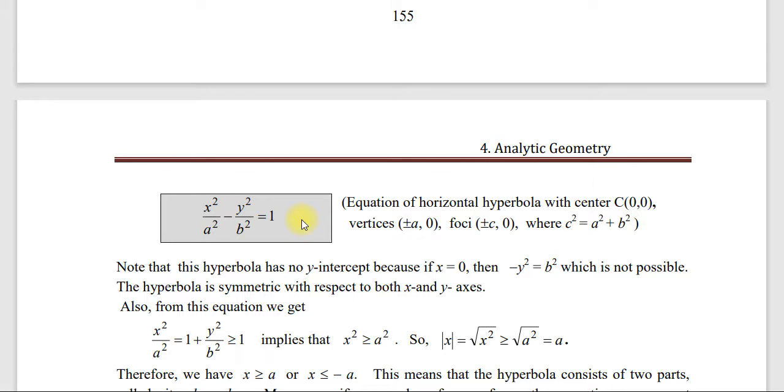Note that this hyperbola has no y-intercept because if x is equal to 0 then minus y square is equal to b square, which is not possible. አሁን ምን ማለት መሰላችሁ? y intercept ማለት ለ x 0 ስንሰጠው የምናገኘው ቫልዩ ማለት ነው። ለምሳሌ ለ x 0 እንስጠው፣ ይሄ 0 ሆነ ማለት ነው። minus y square over b square which is equal to 1 ሆነ። ክሮስ ማልቲፕላይ እናደርገው minus y square which is equal to b square ይሄን ሰጠን። ግን ይሄ በምንም ታምር እኩል ሊሆን አይችልም። ስለዚህ impossible እንላለን ወይም not possible ወይም has no y intercept እንላለን ማለት ነው።